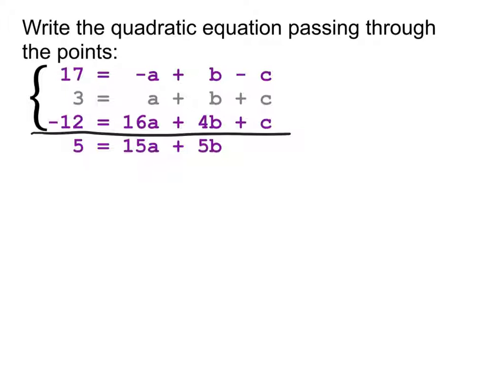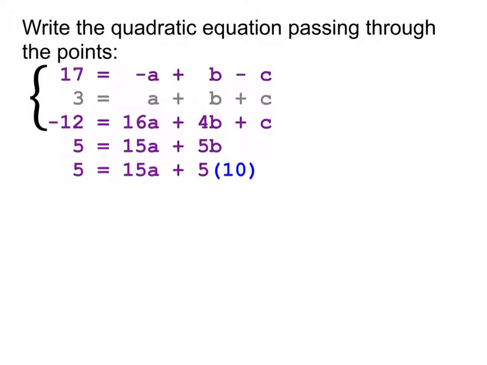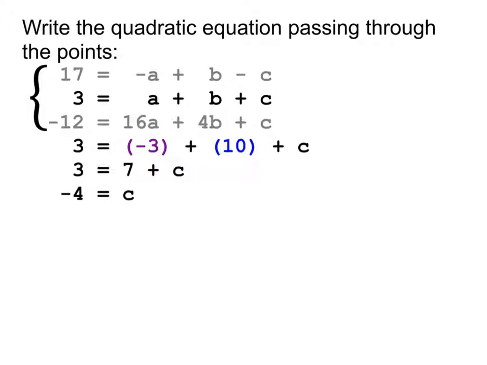So I can take that value and plug it in. If I take that B value of 10 and plug it in for B, I can then solve for A, and I find that A is negative 3. And so when you plug in both the A and the B values that we found so far, you can now find C and find that C equals negative 4. So, I'm sorry, negative 4. And so now that we've gotten this far,